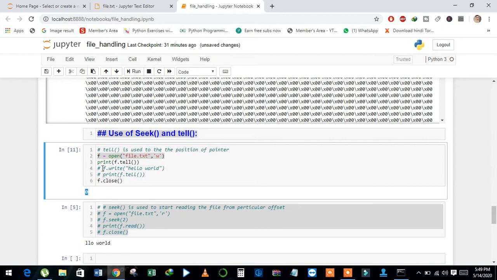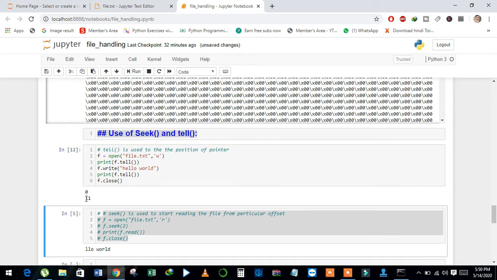And when we write the data inside the file, after writing we will check the position again.